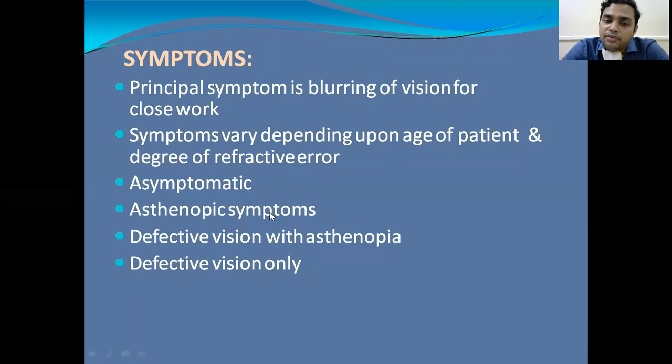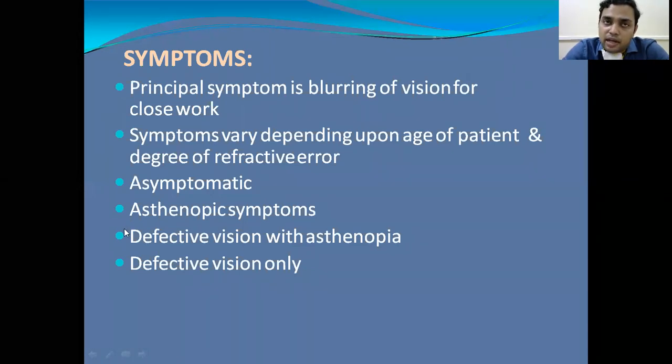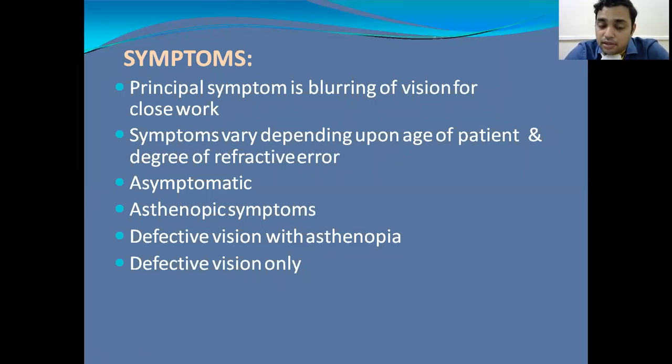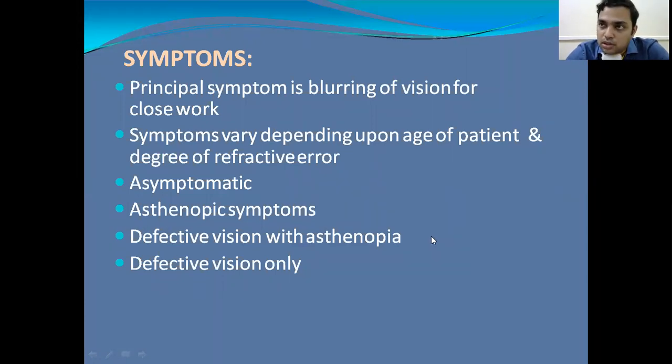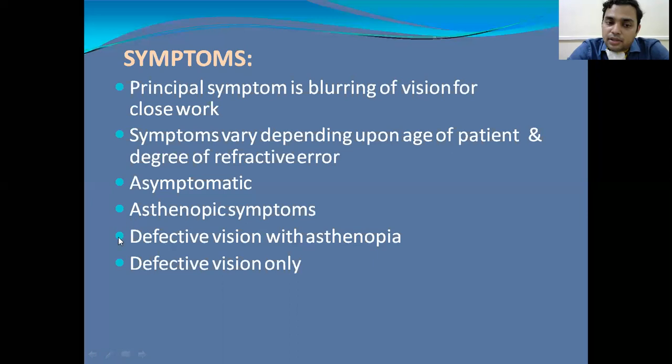And sometimes, if the refractive error is very high, the patient's accommodative effort alone cannot correct the refractive error, cannot correct the vision, and in such patients that leads to defective vision along with the asthenopic symptoms. The patient goes on contracting the muscle and keeps the eye in an accommodative state, but that power of accommodation is not sufficient to correct the complete defective vision of the patient. So the remaining part of the hypermetropia leads to defective vision, and because of the continuous accommodative state, the patient may also have asthenopic symptoms.